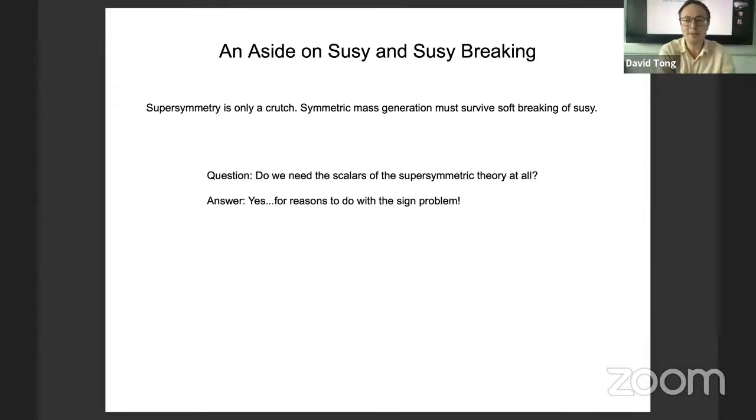In particular, initially, I thought it's not clear the scalars in the supersymmetric theory are really doing anything. And in fact, this is true for a large chunk of the evidence for Seiberg duality in general. So let me just take a slight diversion and talk a little bit about Seiberg duality and what's